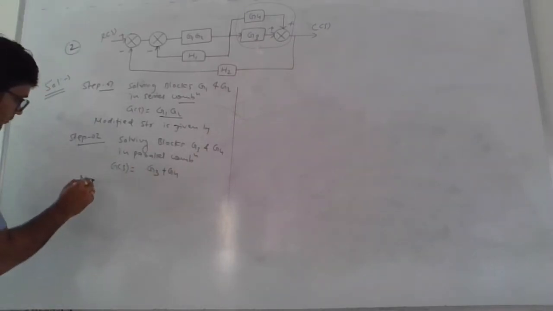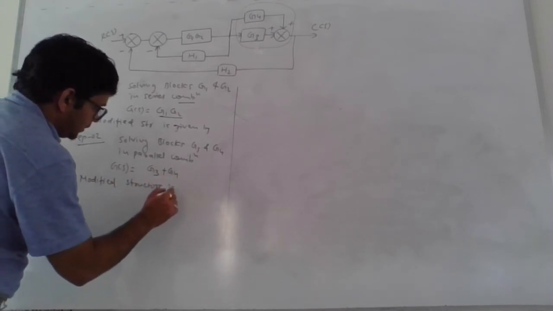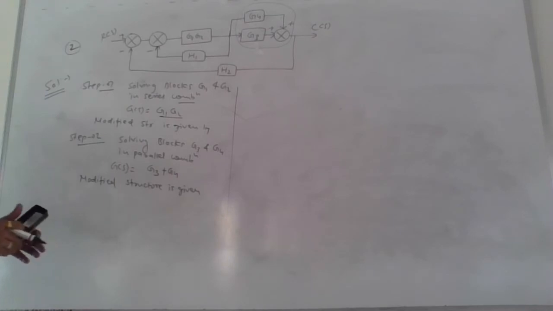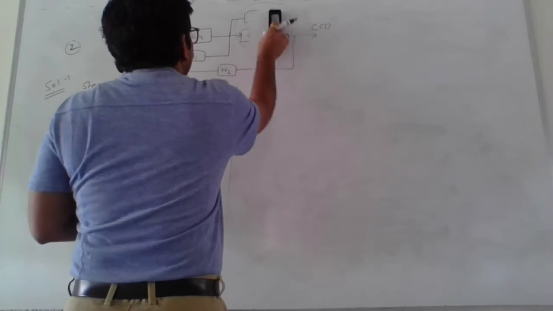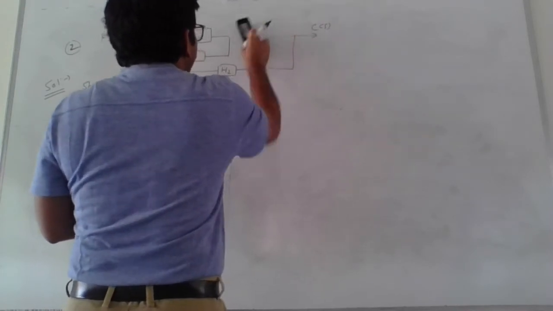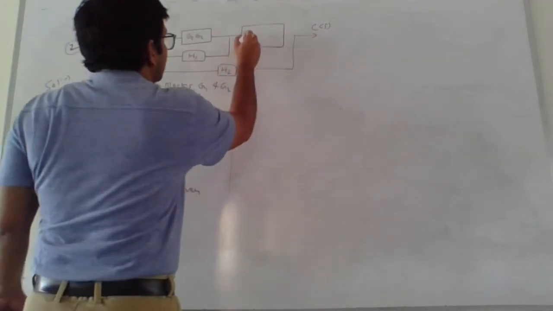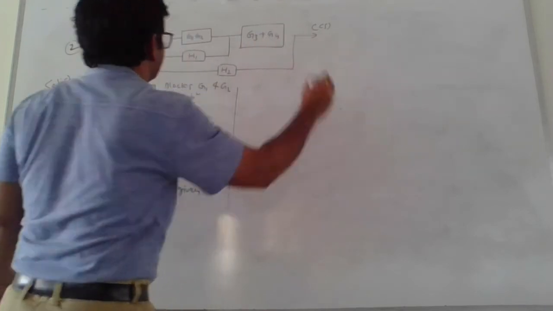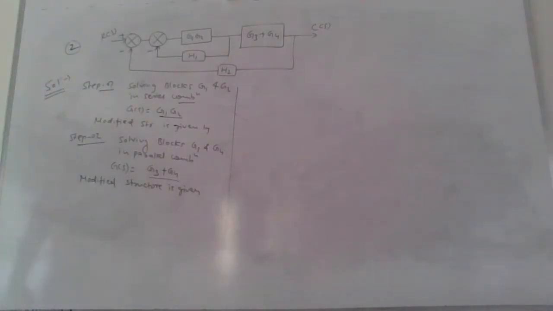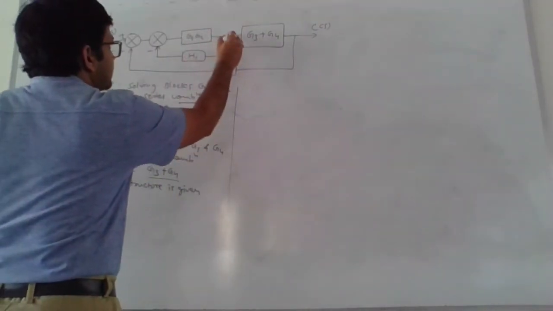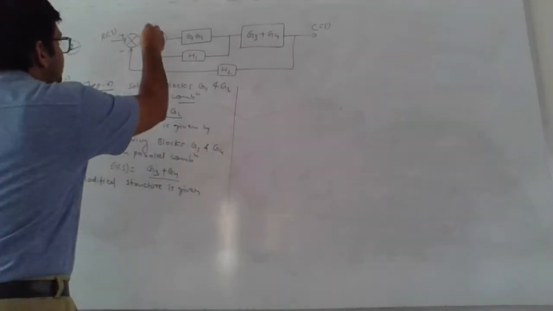So modified structure is given by, and we need to draw the modified structure below this line, but I am drawing over here. So here we need to replace them by a block of gain exactly equal to this, which is nothing but G3 plus G4. Now let us try to examine whether they are in series or parallel, or we need to apply some other rule. So these two are not in series because they are having a takeoff point in between them. But if you observe this